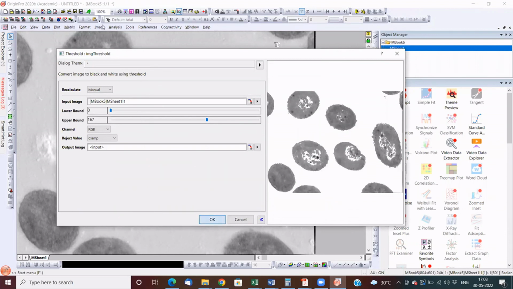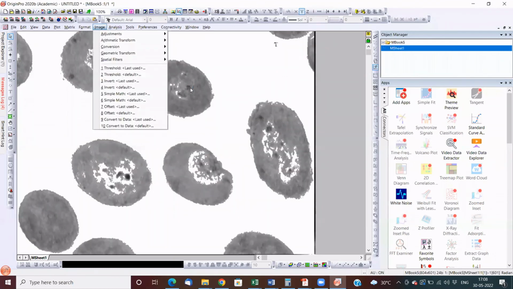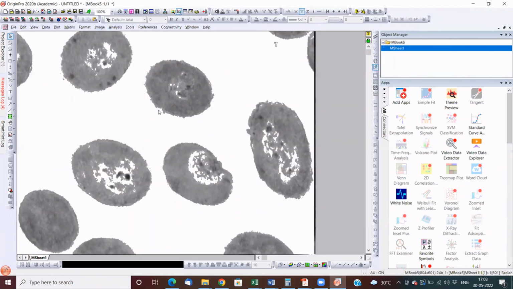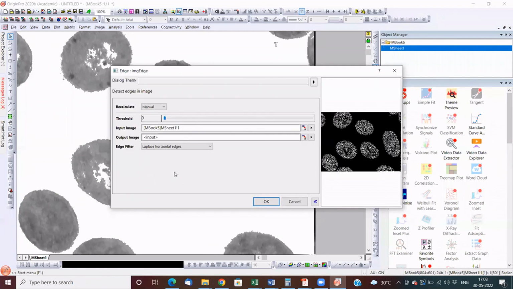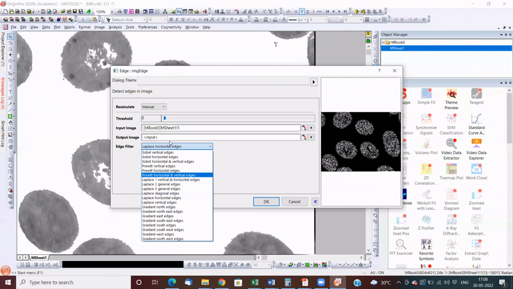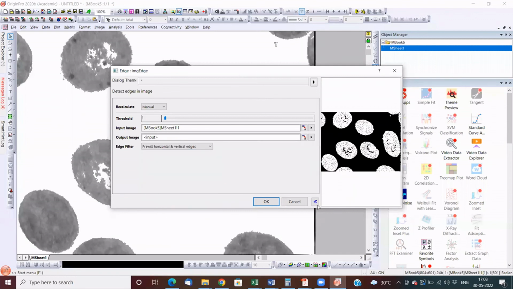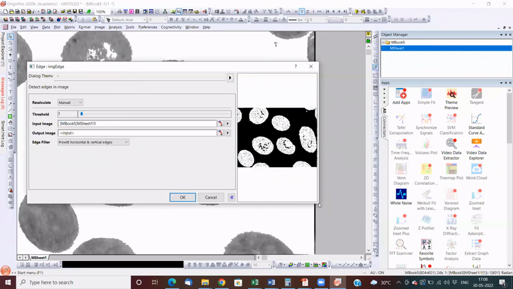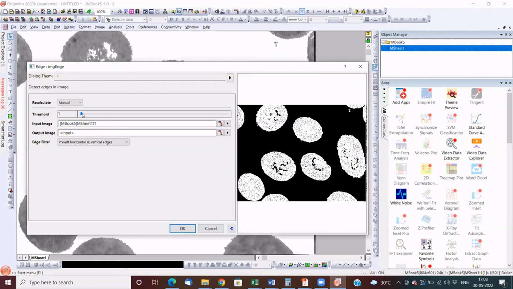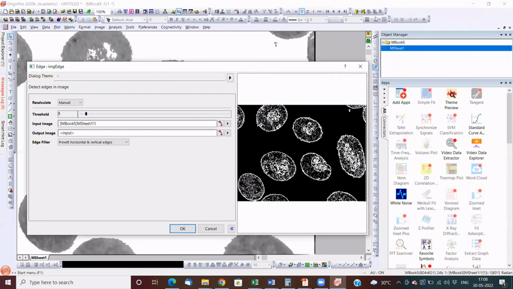And now here, let's see if I want to do edge detection. Let's say I'm keeping this as Prewitt, horizontal and vertical. Okay, and let's say if I increase the threshold value, let's say I've done the edge detection like this. Okay,